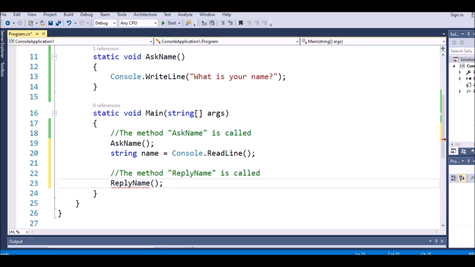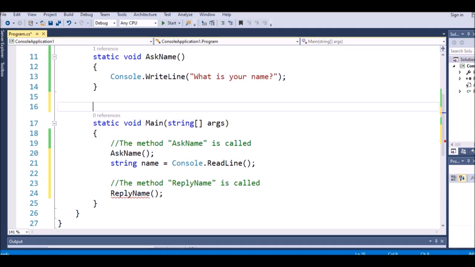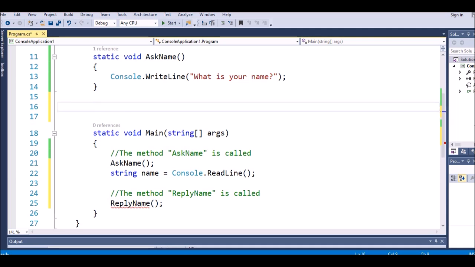And for the detail of the method reply name, we will write outside the main. So we go outside the main and we create the method like this,